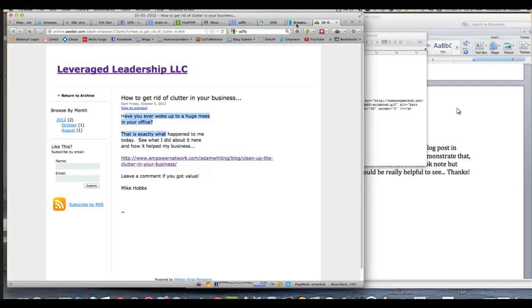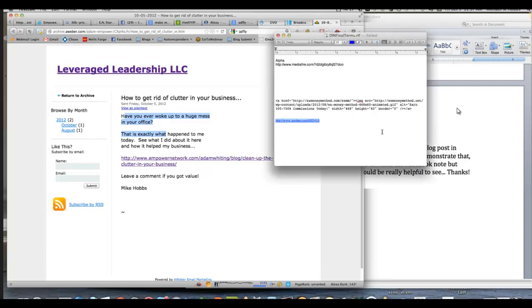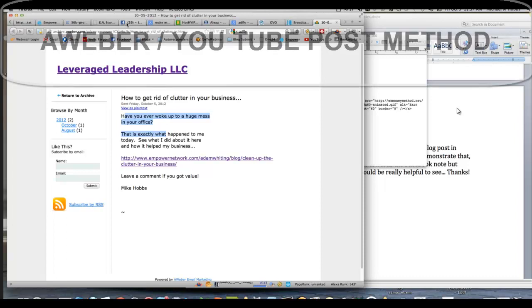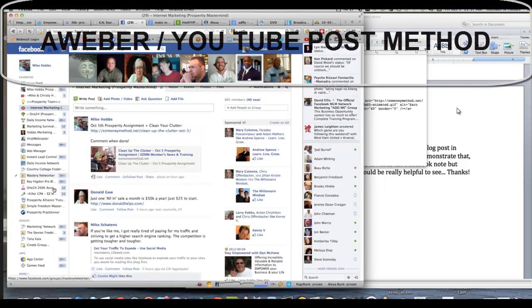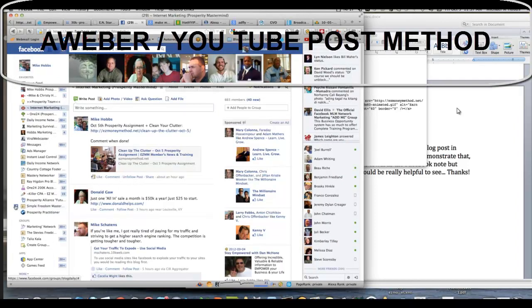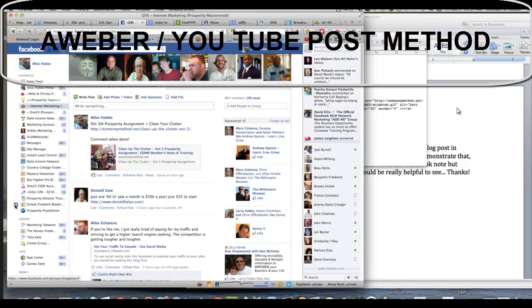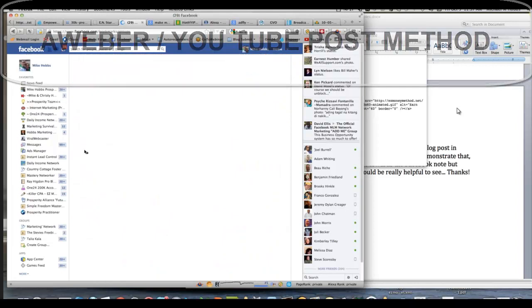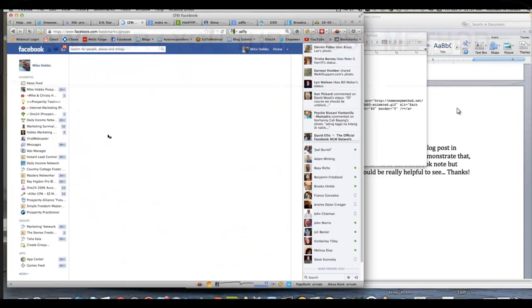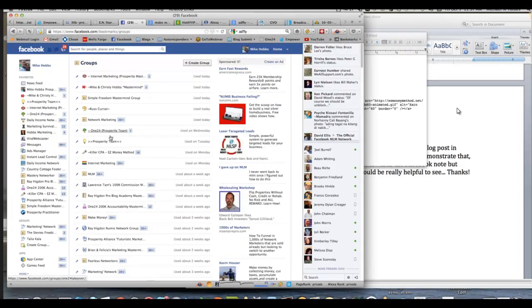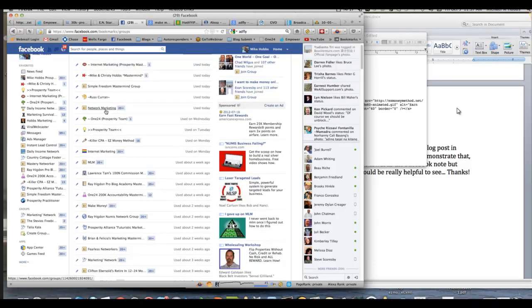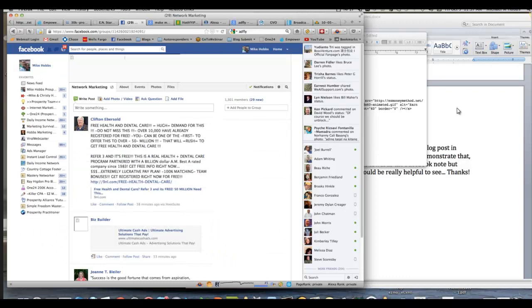Well, you can grab this link and you can go over to Facebook and you can post this link in different groups. So if you're on groups, and this, in my opinion, is the best workaround for Facebook. Would you guys agree? I mean, if you're looking for a workaround, this is the best one because it's just a link.